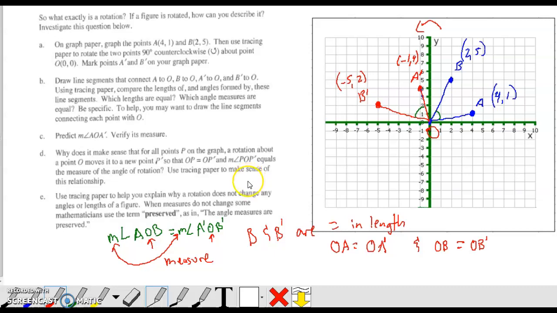Now, this is also really, really important. What we should also be discussing is this information. Now part C, we want to predict the angle A to O to A prime. I'm just going to take off this little piece right here, to the best of my ability. I want to know this angle from here to here. What is that? What you should have realized is that that angle measurement is actually 90 degrees